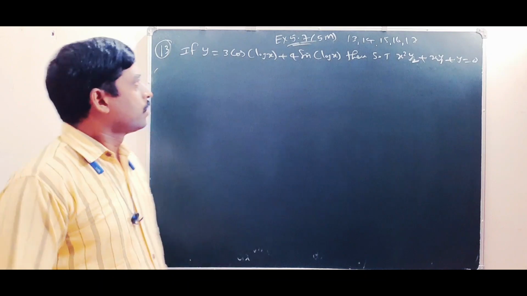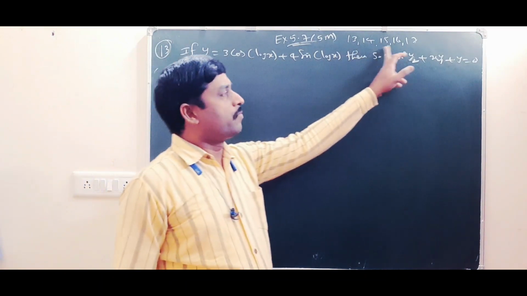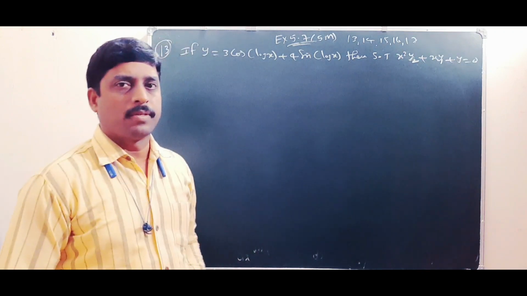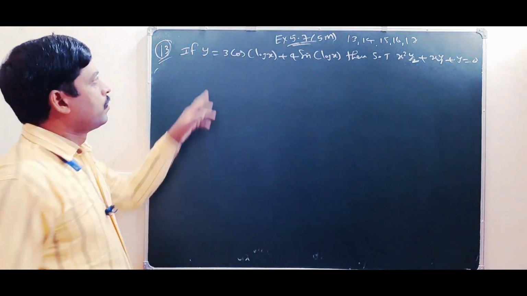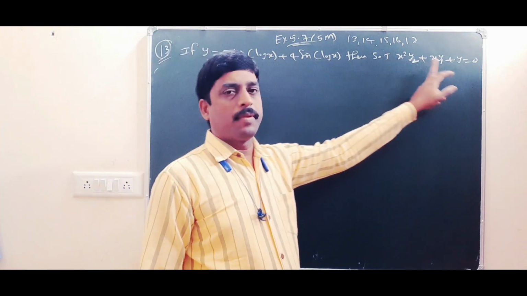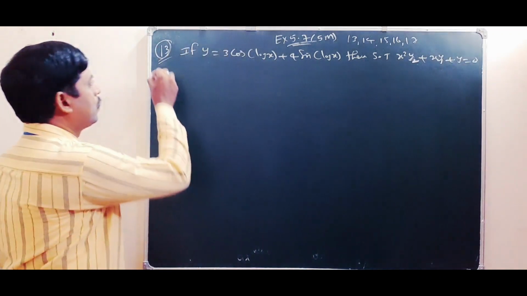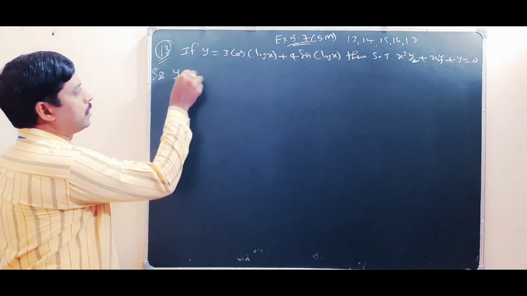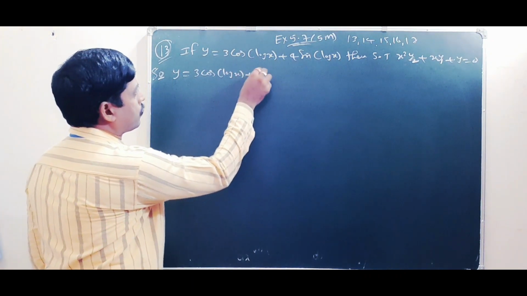Okay, now let us explain the 5.7 five-marks questions. Questions 13, 14, 15, 16, 17 are the five most important questions for 5 marks. Now explain the first, the 13th question. The y value is given, then show that x square y2 plus xy1 plus y equal to 0. So what is given? y is equal to 3 cos log x plus 4 sin log x.